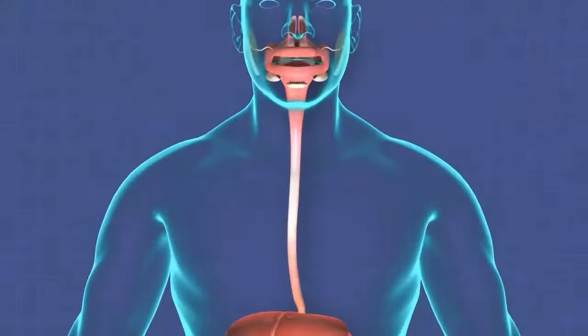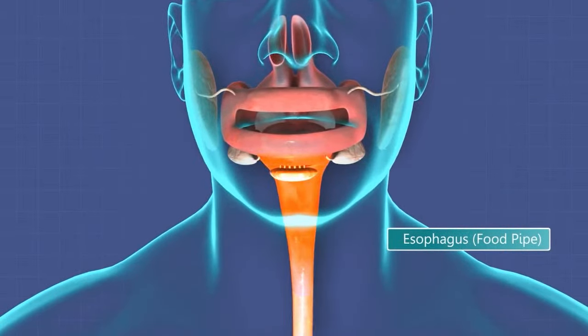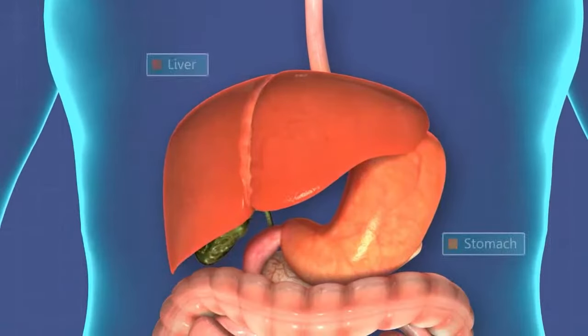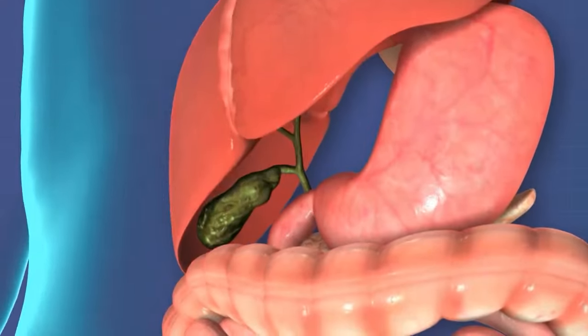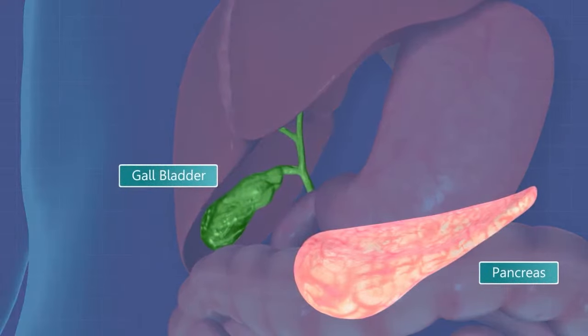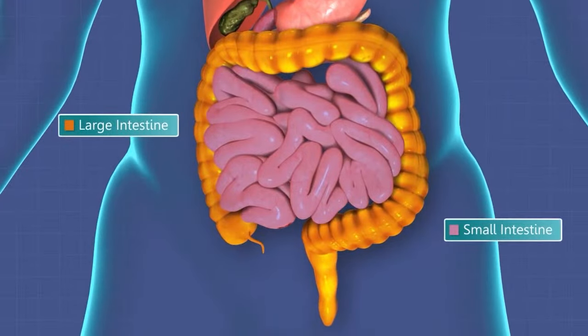Esophagus. The esophagus is a muscular tube that connects the mouth to the stomach. It is responsible for transporting food from the mouth to the stomach using a series of muscular contractions, known as peristalsis. The esophagus also has a ring-like muscle at the top, known as the upper esophageal sphincter,